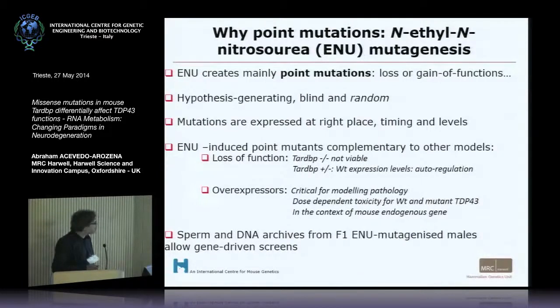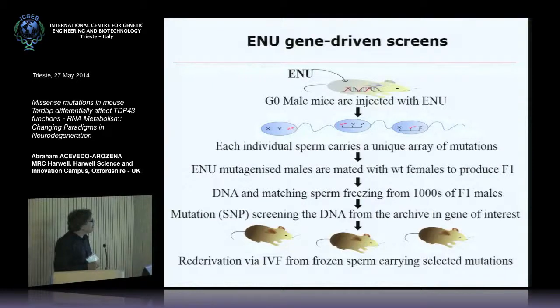So just very quickly, how we use the ENU mutagenesis in a reverse genetic fashion is because we at MRC Harwell, also in Germany and also in Japan, what we had over the years is to mutagenize thousands of mice with ENU and then cross them with wild-type females, and then get DNA and matching sperm from those F1 individuals that carry, on average, one mutation every 1.5 megabases. And we can screen that DNA for mutations in particular genes,